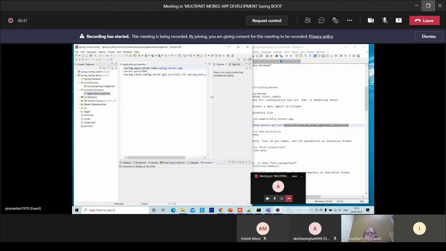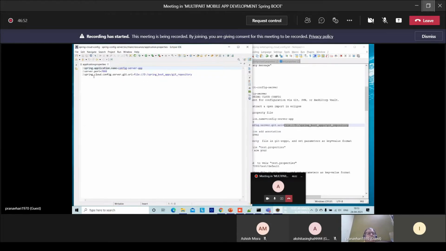Look here. Can you see that? Server application's properties. You have to have these configuration entries properly and file/colon. Look, I'm giving a space. Presently, the Git repository is at this location in my local system. But if it is on the internet instead, then you have to write the complete path, like this, the server name.